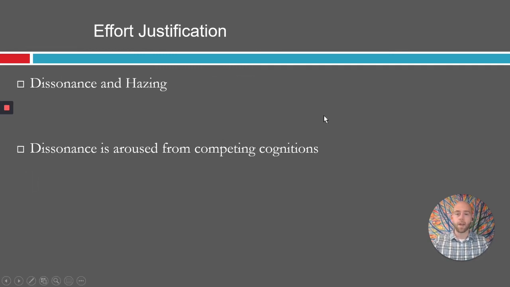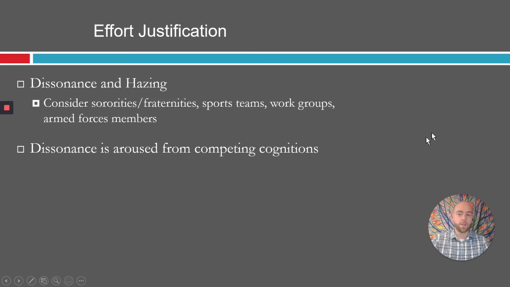This also comes up when we think about hazing, right? So sororities, fraternities, sports teams, work groups, law enforcement, armed forces, there is a lot of effort that you have to go through to get into a lot of these groups. And some of them involve explicit things like hazing, for example. And I know there are federal laws against hazing. There are many places that have local laws against hazing. Usually universities are very much against hazing, but it still happens. And it is part of why people are so tied to their Greek organizations or these other examples.